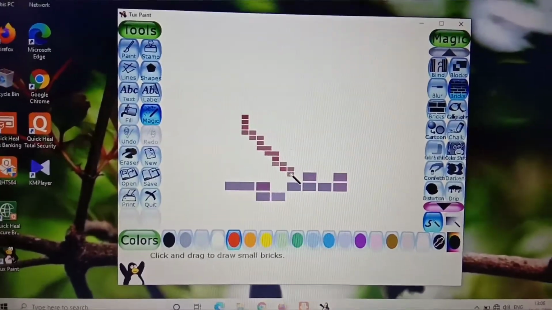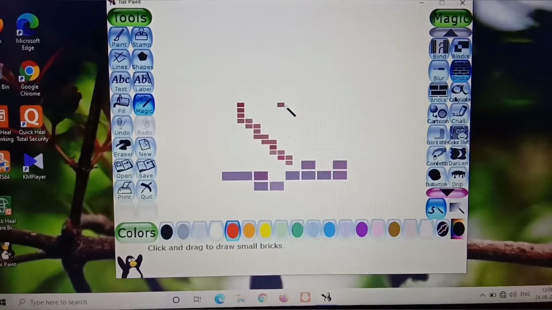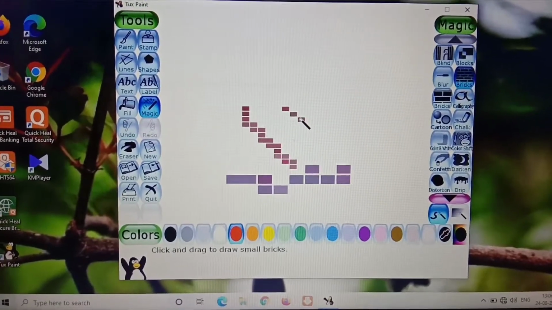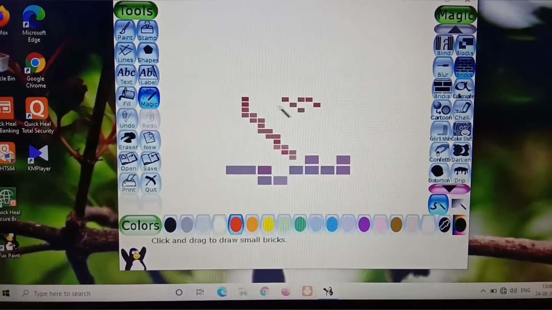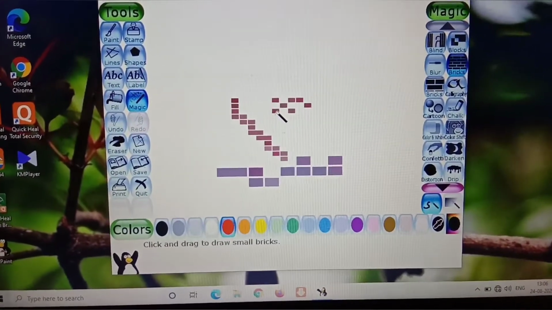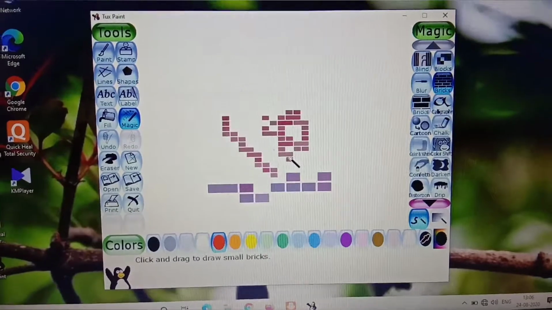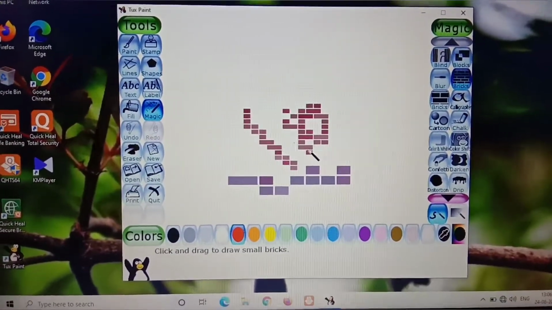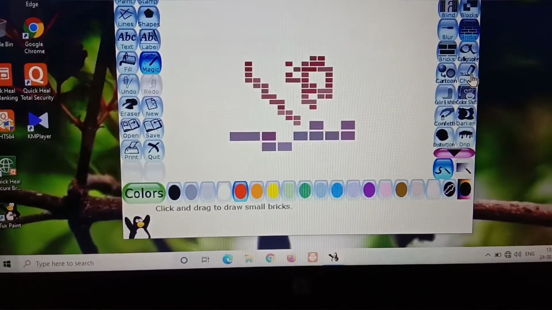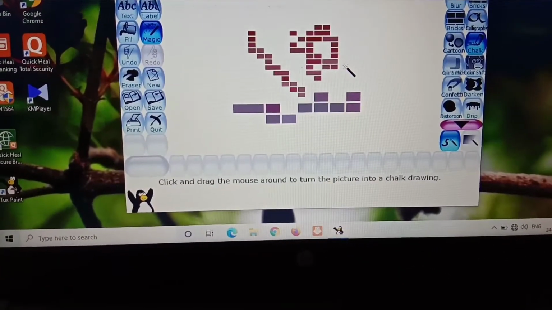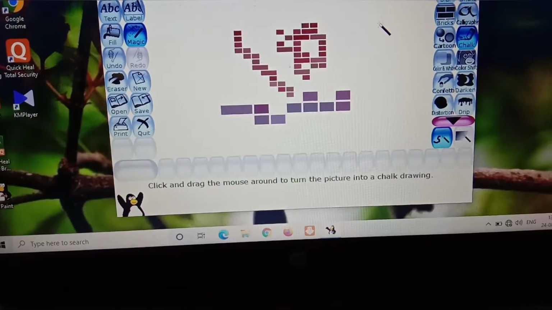Okay, if I click once, it will come, it is taking time, right? So if you want to use the brick effect, then you can drag the place where you require it. Understood? Now comes the chalk effect. So you can see the chalk effect is also here. So when I click the chalk effect